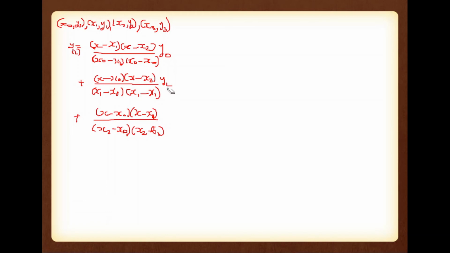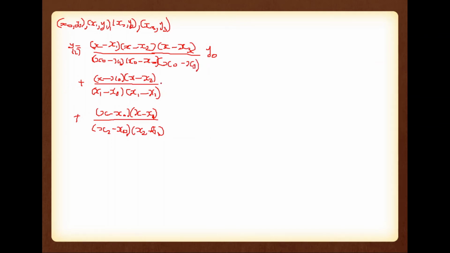We have to modify each element. I told you this is corresponding to y0. So it must be x minus x1 into x minus x2 into x minus x3. Means x0 is absent, because this element corresponds to y0. So x0 must be absent. So x1, x2, x3. Now what do we have in the denominator? We copy this element here, where x is replaced with x0. So x0 minus x1 into x0 minus x2 into x0 minus x3. So this is corresponding to y0.